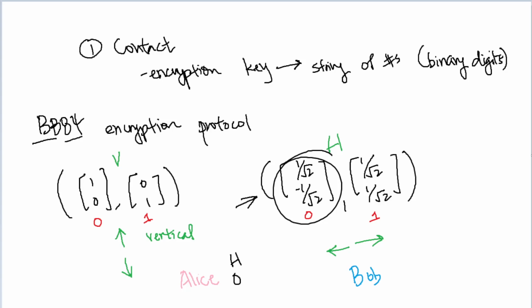You might say this is all nice, very cool, but what does this relate to essentially trying to establish an encryption key? Well, let's not get ahead of ourselves. First of all, we have Alice here, and Alice is going to say, hey, I want to send a message to Bob.